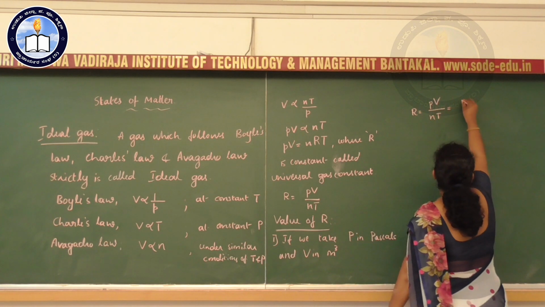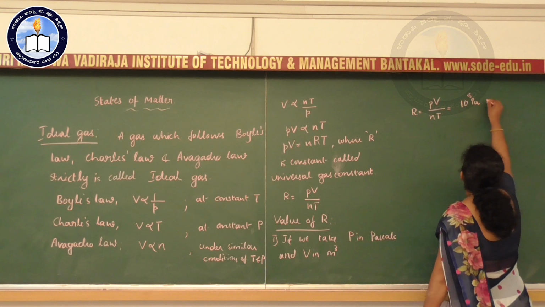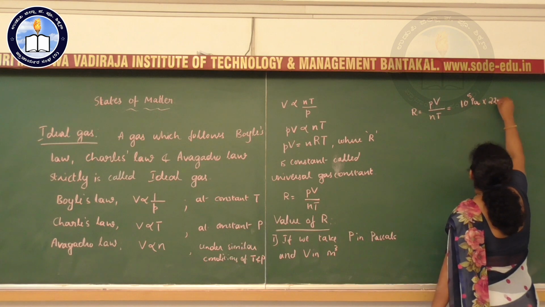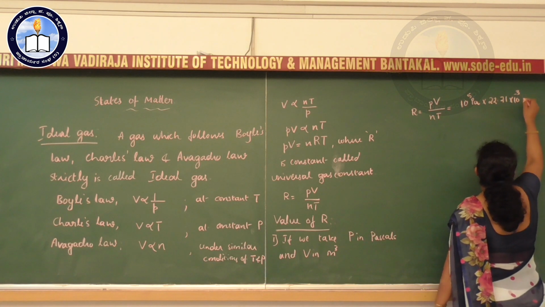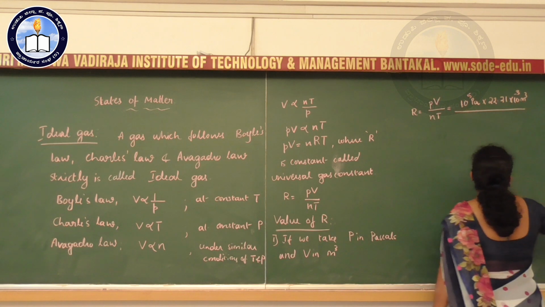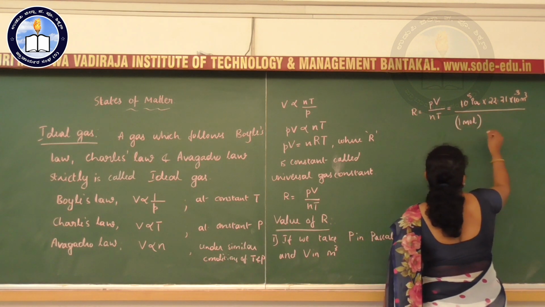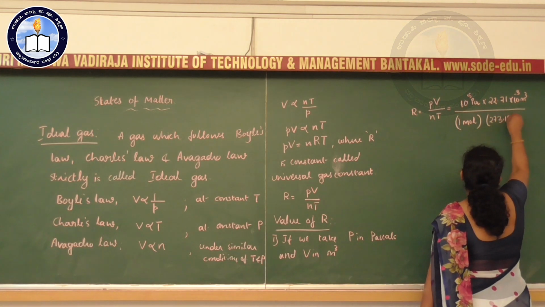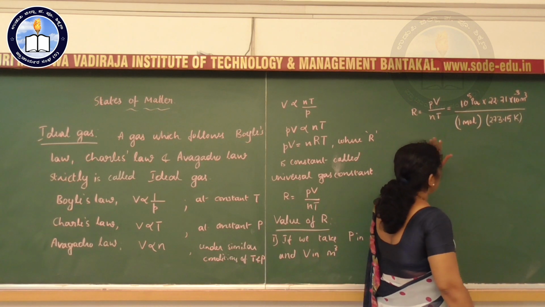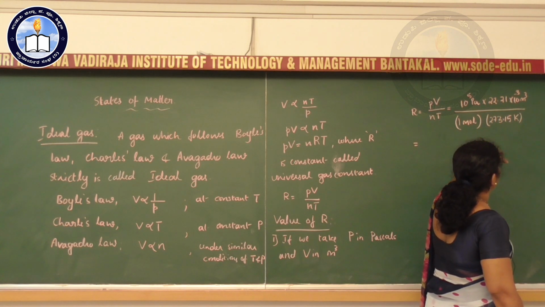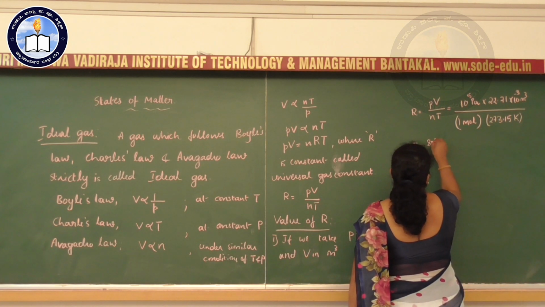P is 10 to the power 5 pascal, which is also equal to 1 atmosphere. The value of V for 1 mole at STP is 22.71 into 10 to the power minus 3 meter cube, divided by n; let us take it for 1 mole. Temperature, we know, is 273.15 Kelvin. Simplifying, 10 to the power 5 into 22.71 into 10 to the power minus 3 divided by 1 into 273.15, we get